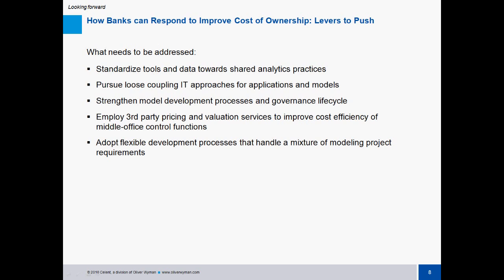To achieve this, firms must make trade-offs with regards to a number of dimensions, such as analytic centralization, issues around data ownership, adopting different development lifecycle approaches, putting in place proper model governance processes, and technology standardization efforts that can be pursued. Now, there is one particular aspect I'd like to expand on here. That's the final bullet point.